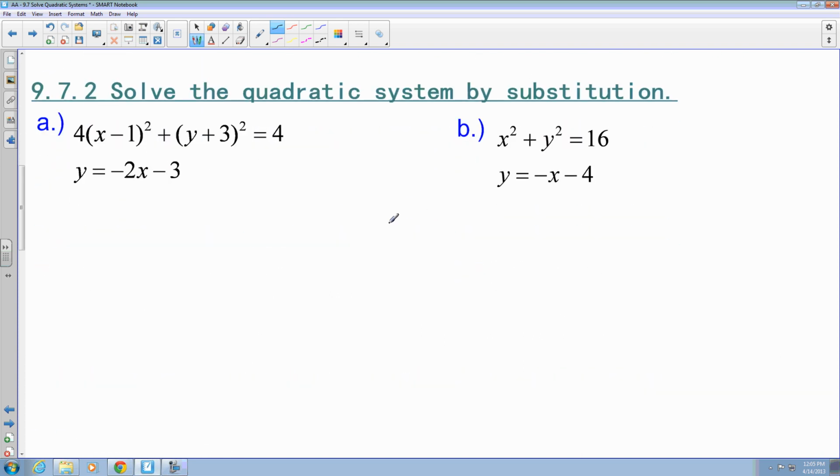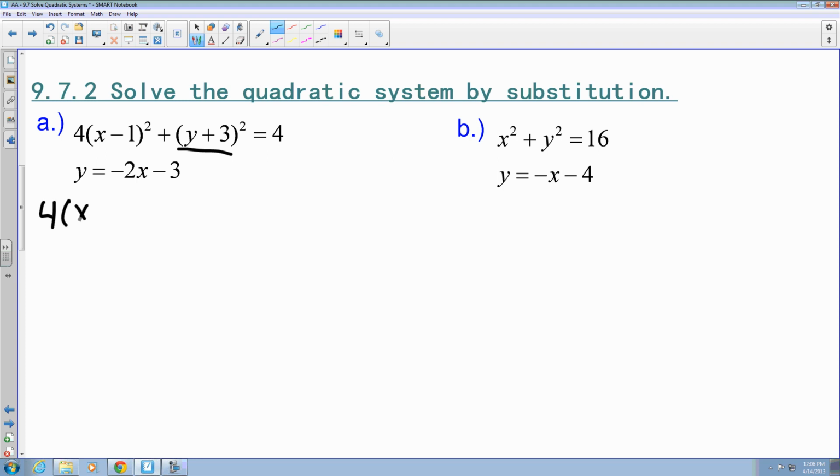So from here, I'm just going to continue what I was doing with the substitution method. Here it looks like I have a shifted ellipse and a line. My best bet would probably be to substitute in y into this equation here. So I'm left with 4